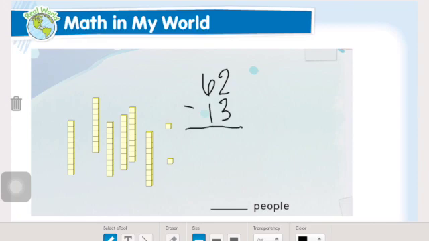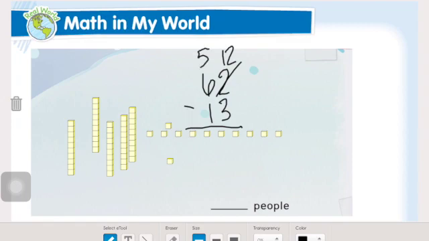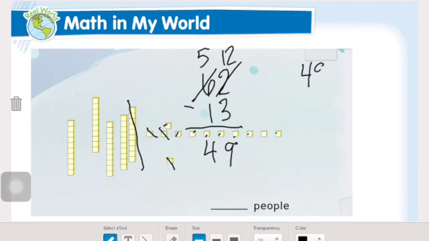Okay, now we've got more on the floor, so we do need to go regroup a 10. So now we end up with 12 ones. And we took a 10, so now we have 5 10s left. 12, take away 3, 1, 2, 3, leaves us with 9 ones. 5, we're going to take away 1 10, leaves us with 4. So we have 49 people left, but that's only part of our problem